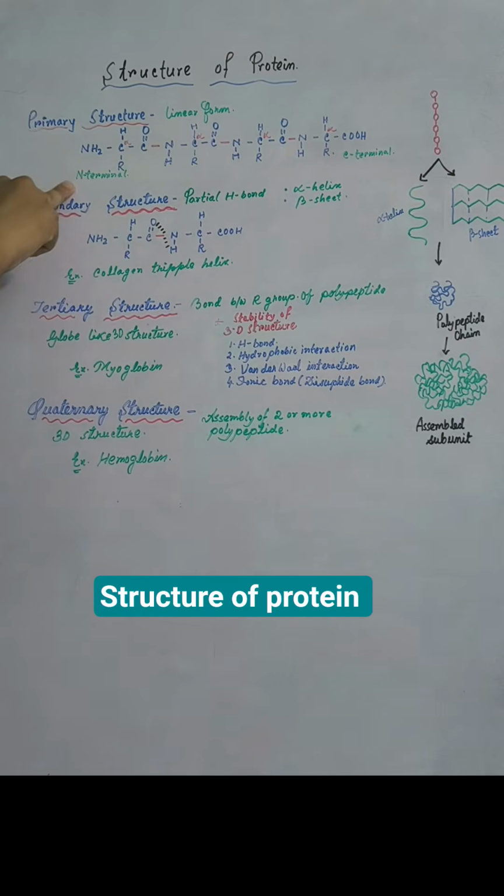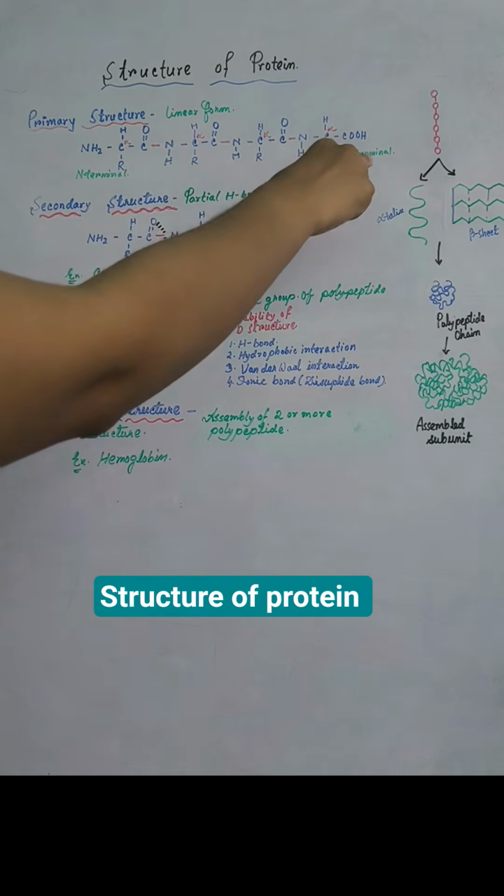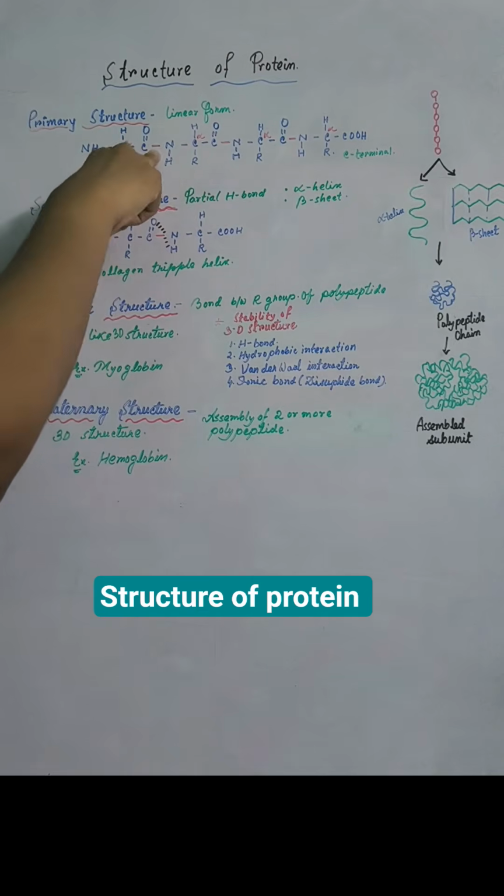And this structure has an N-terminal, where the amino group of the amino acid is free, and a C-terminal, where the carboxyl group is free. Otherwise, in between, the carboxyl and amino groups of the amino acids are involved in the peptide